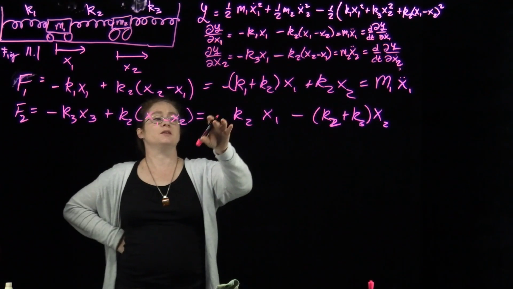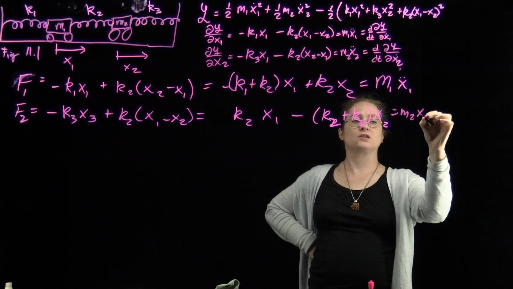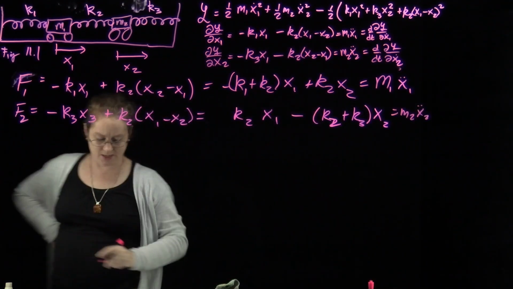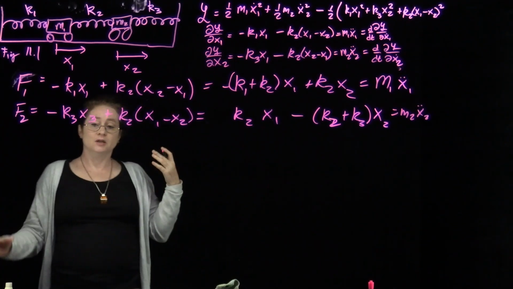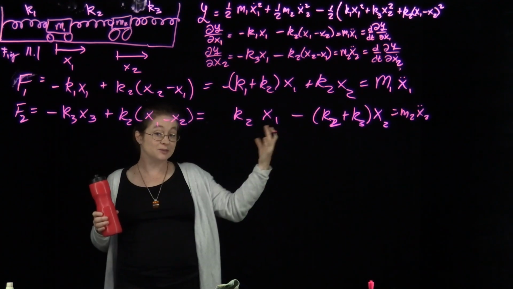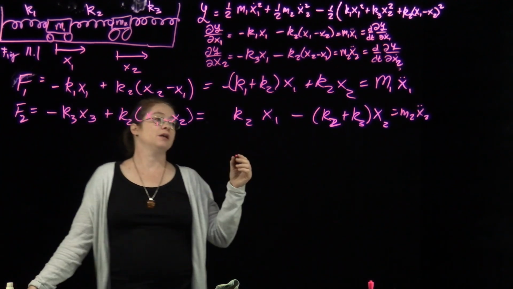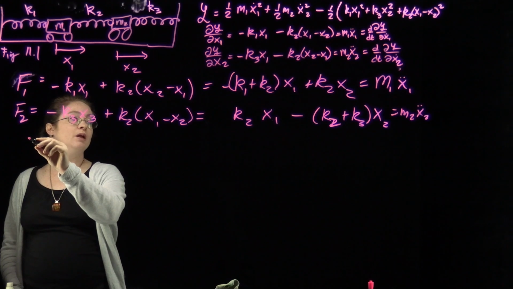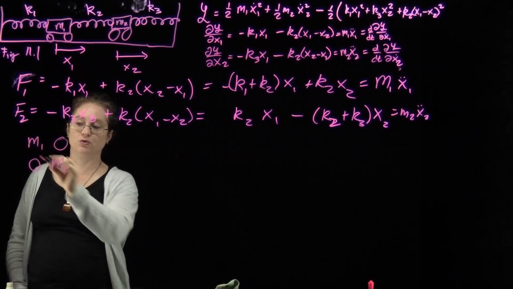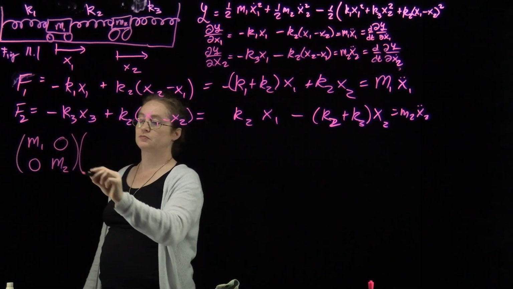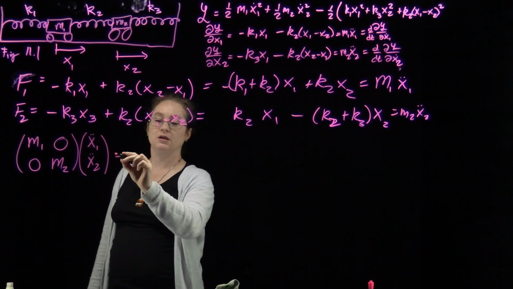And now I'm going to take these two equations, and I didn't put here, I want M2 X2 double dot. I'm going to write this as a matrix equation. Matrix equations are really just a way of noting multiple linear equations at the same time. So here I have M1, 0, 0, M2 times X1 double dot, X2 double dot equals